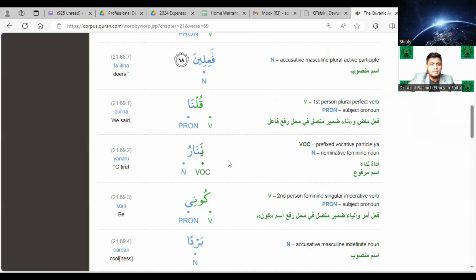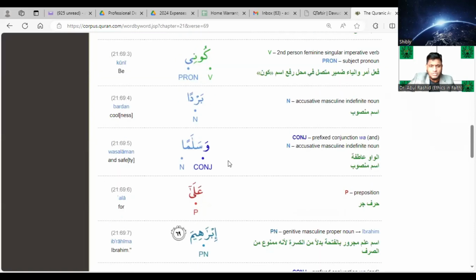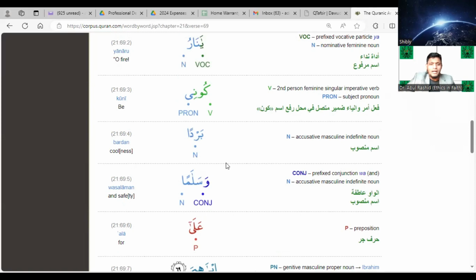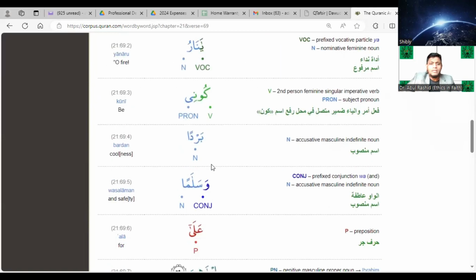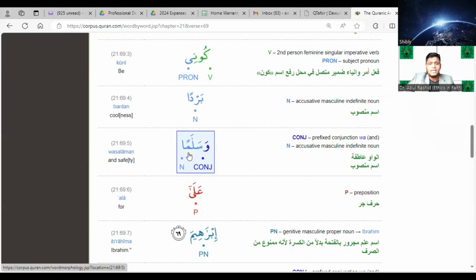For example, in Surah Al-Anbiya, verse number 69, Allah subhanahu wa ta'ala mentioned, about when Prophet Ibrahim alayhi salam was rescued from the fire, "Kulna ya naru kuni bardan wa salaman." The translation is safety. In other words, instead of peace here, Allah subhanahu wa ta'ala is mentioning that Prophet Ibrahim alayhi salam will be secure, safe, and in his best sanctuary in the hand of Allah subhanahu wa ta'ala while he is in the fire.